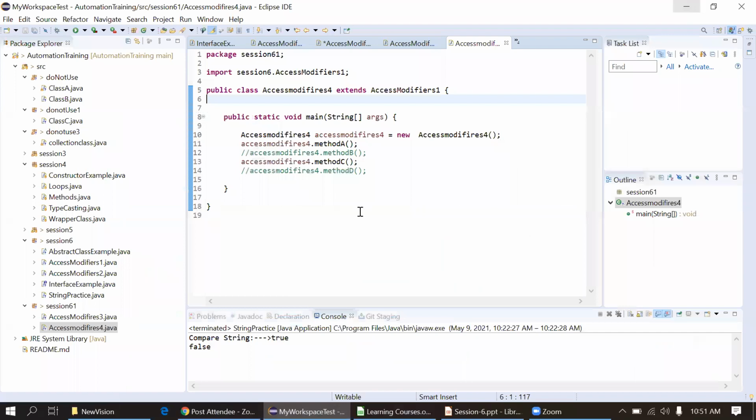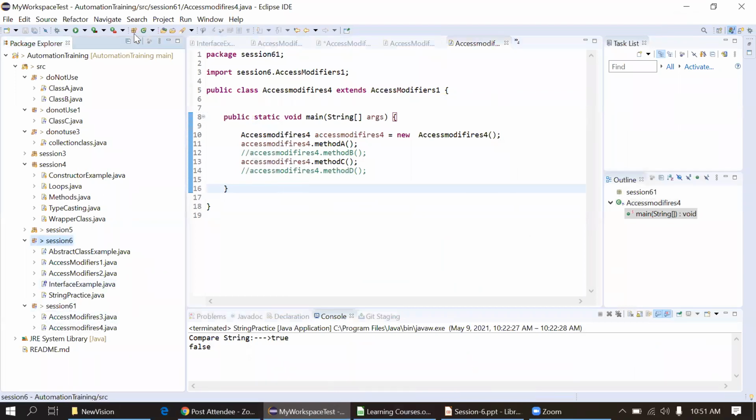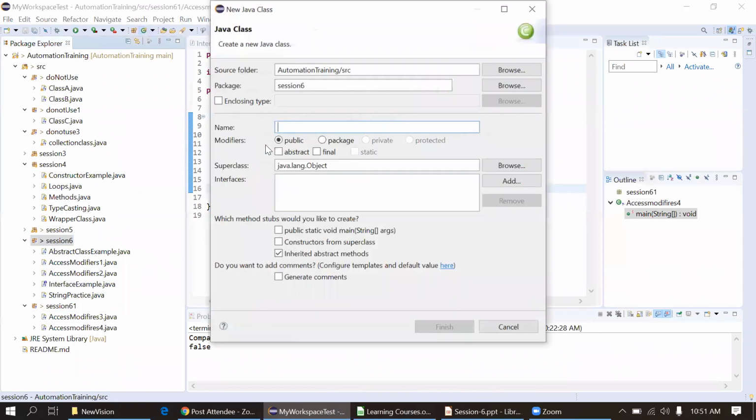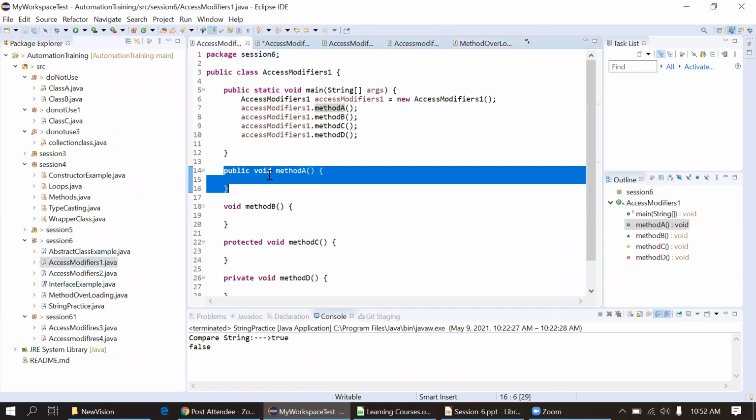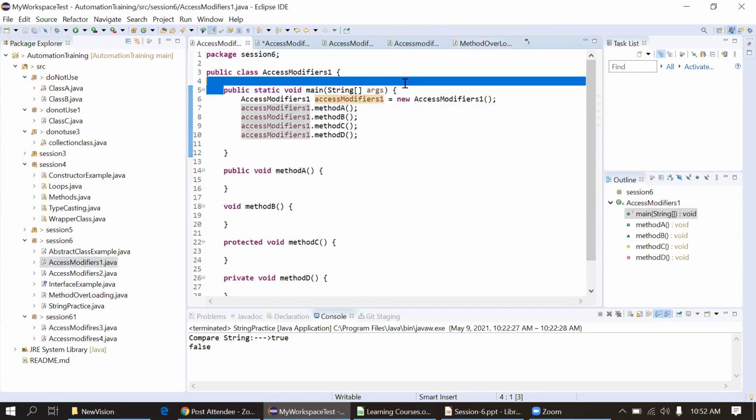Okay, now I am creating one more class in session 6, MethodOverloading. I'm just copying this public static void main method.